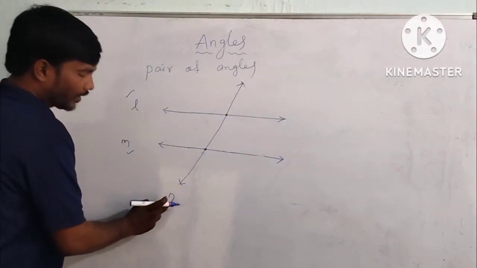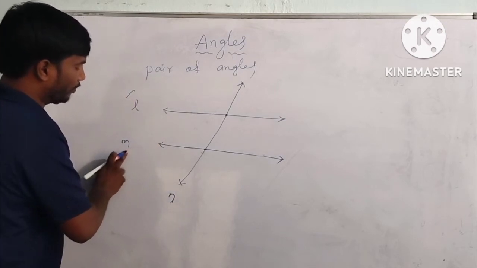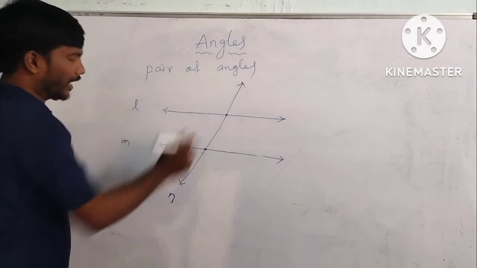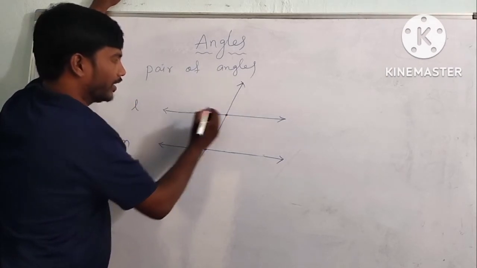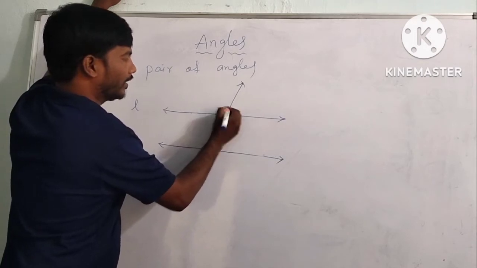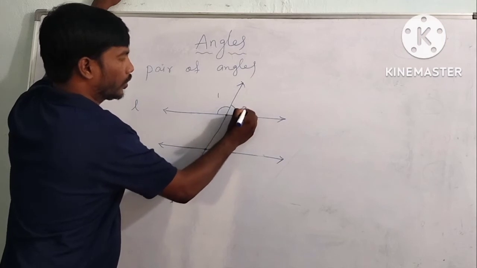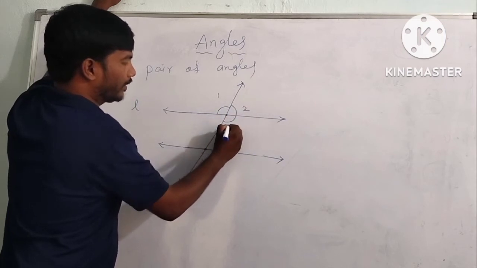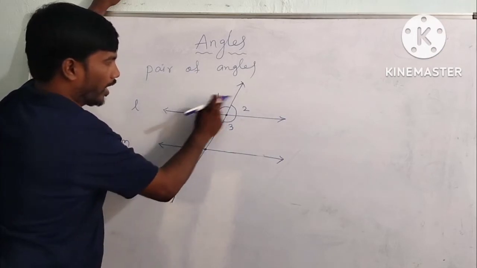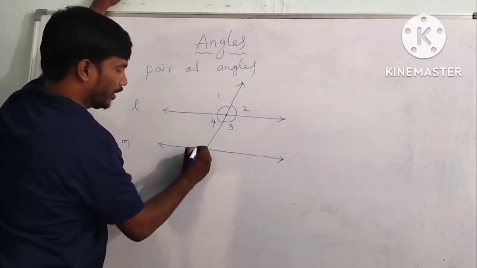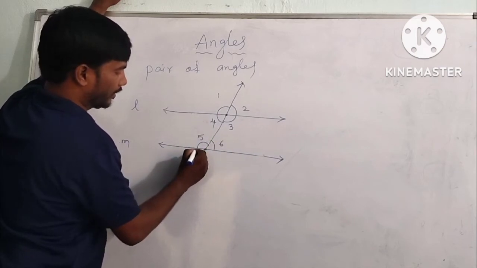Now this N is called the transversal. L and M, both of them are parallel lines. So N is the transversal. Now how many angles are formed here? Just observe. Angle 1, angle 2, angle 3, angle 4. Okay, 1, 2, 3, 4. Another set here, angle 5, angle 6, angle 7,